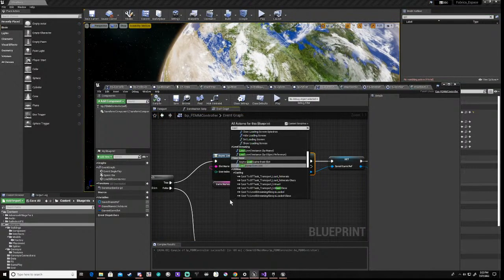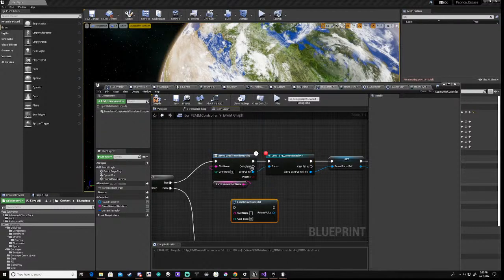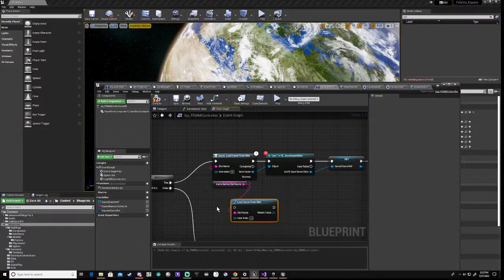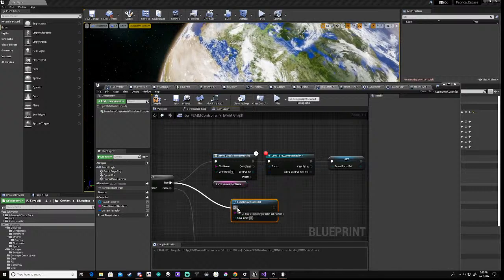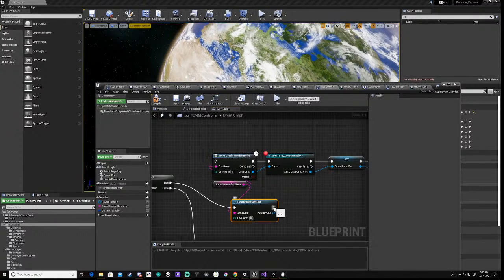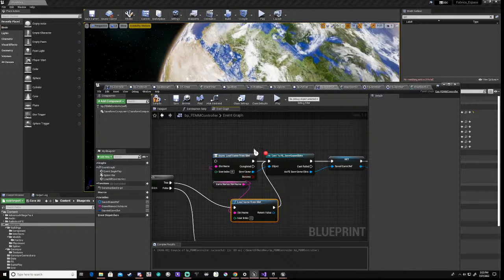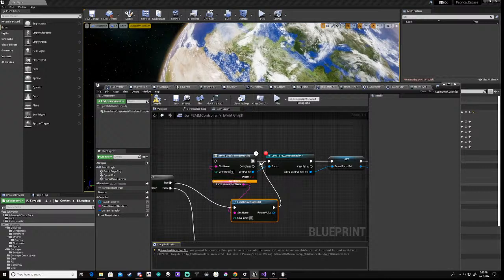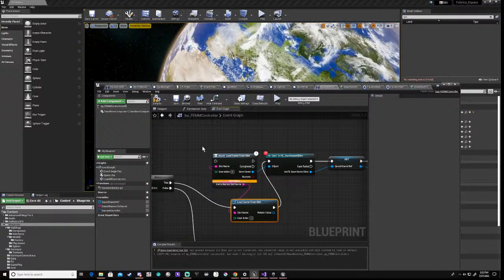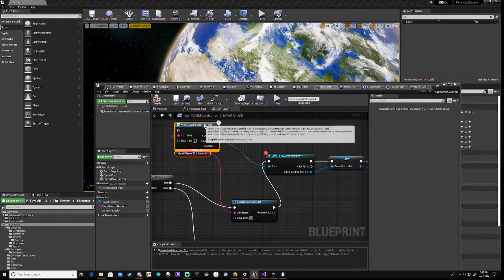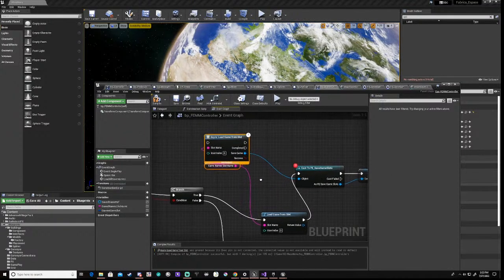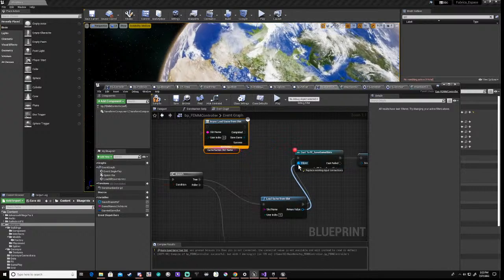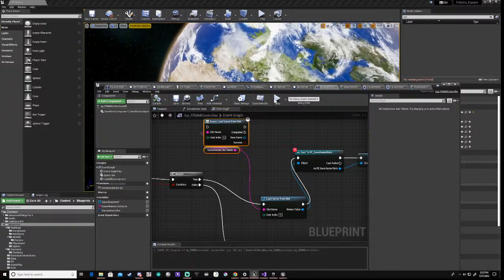So let's try load game from slot. We'll try this. Now usually I have not used this, but it kind of says that you should use that, but if it's not finding anything, then basically sod that. So save that, press play,